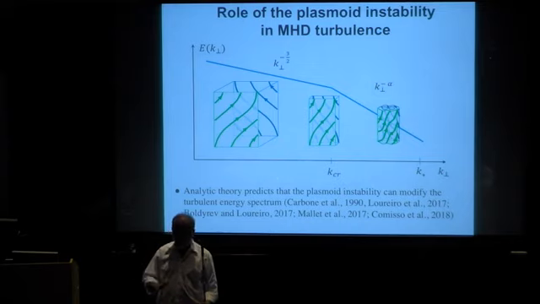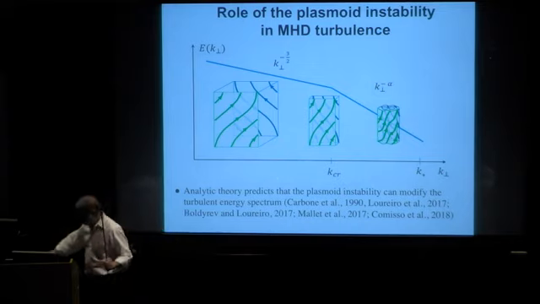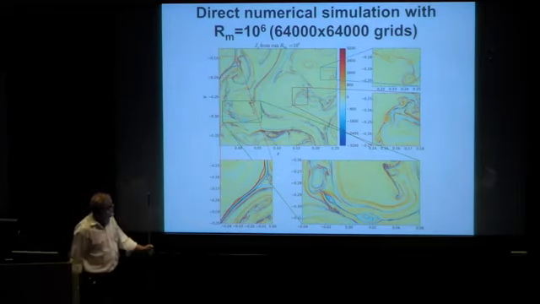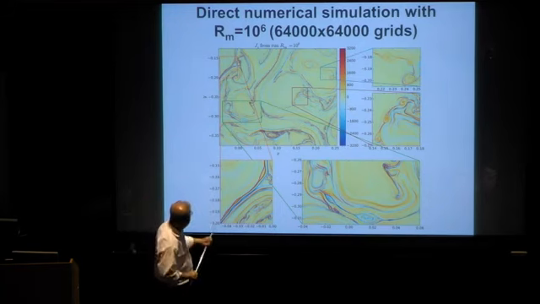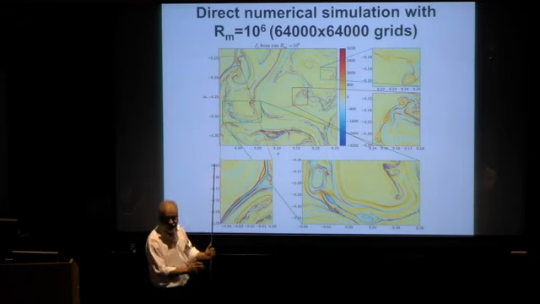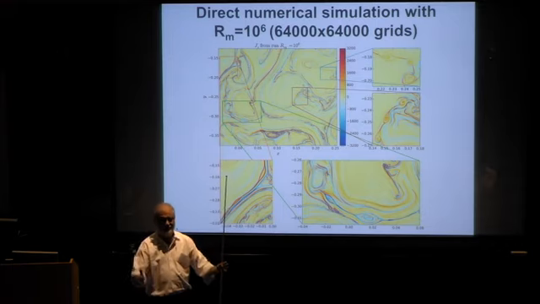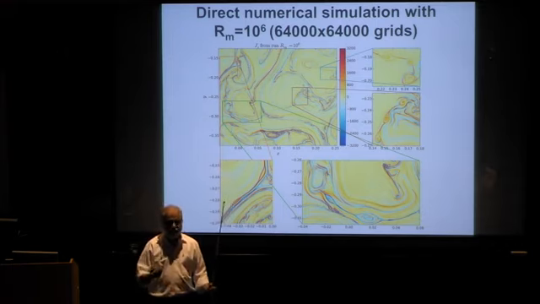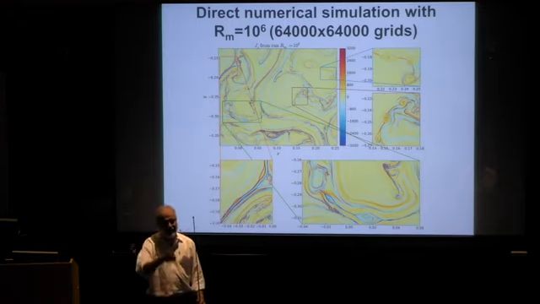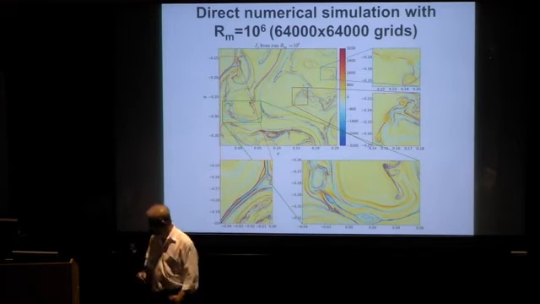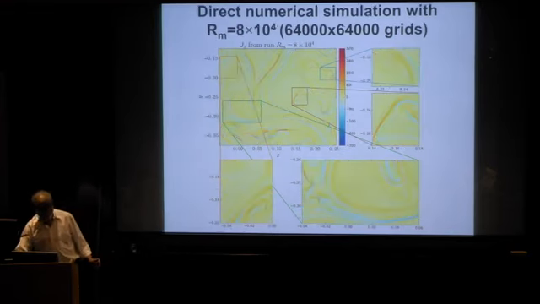And what I want to simply tell you is that we've done 2D simulations, and I can't go into it, it's published as a Physical Review Letter, but we did a high resolution simulation. And what you will see is, in fact, if you blow up these small regions, you see plasmoids. You can do it at Rm 10 to the power 6, or you can do it at Rm much lower than that. You compare the spectra in both cases, and you find that there is a difference. In other words, when the plasmoid instability onsets, where the break actually occurs appears to be controlled by the plasmoid instability. When it does not, it's the dissipation that comes in. And so Chuan-Fei Dong did this simulation in our group.